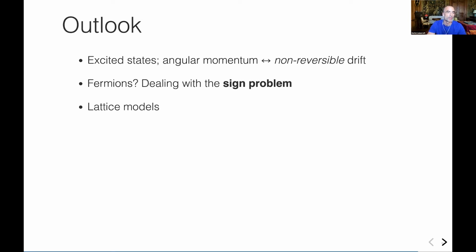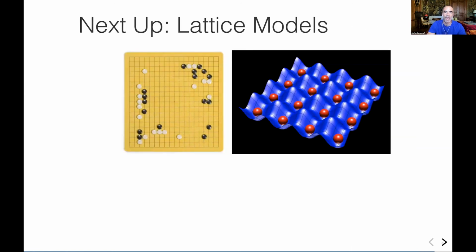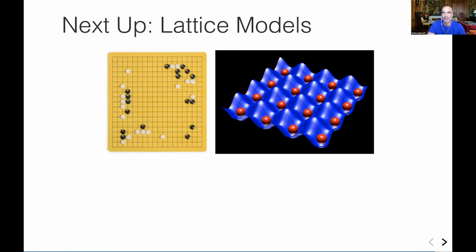The thing we're working on now, which we're excited about, is extending all this to the kind of models we have in condensed matter physics that live on the lattice. And so that's the kind of thing you see there on the right, particles moving only on discrete lattice sites. We can formulate all of this probabilistic approach in terms of these discrete models too. And of course, there's been a great deal of success in reinforcement learning applied to 2D lattice problems like gameplay. And we hope to use some of that to leverage our work on lattice problems.